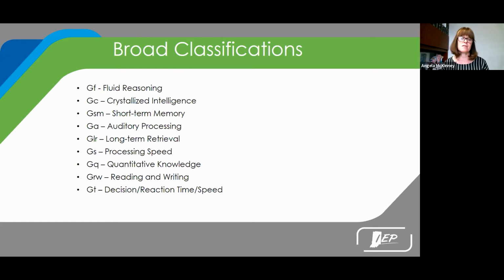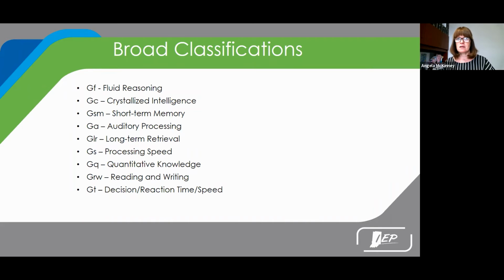Typical cognitive tests. They tend to measure them slightly differently. Then there are a couple that are kind of separated out as, these are related to your cognitive processing, but there's also a lot of overlap with what happens